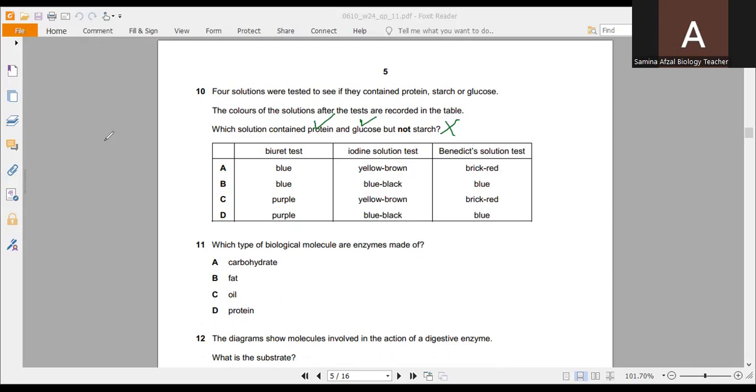When protein is present, the color is changed from blue to purple when we add Biuret solution. And on the other hand, when glucose is present